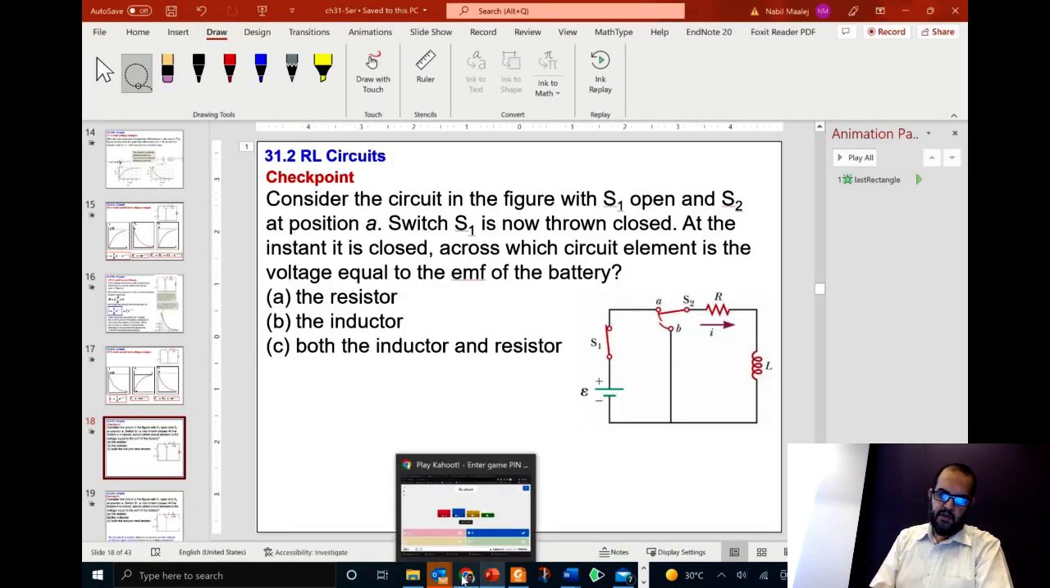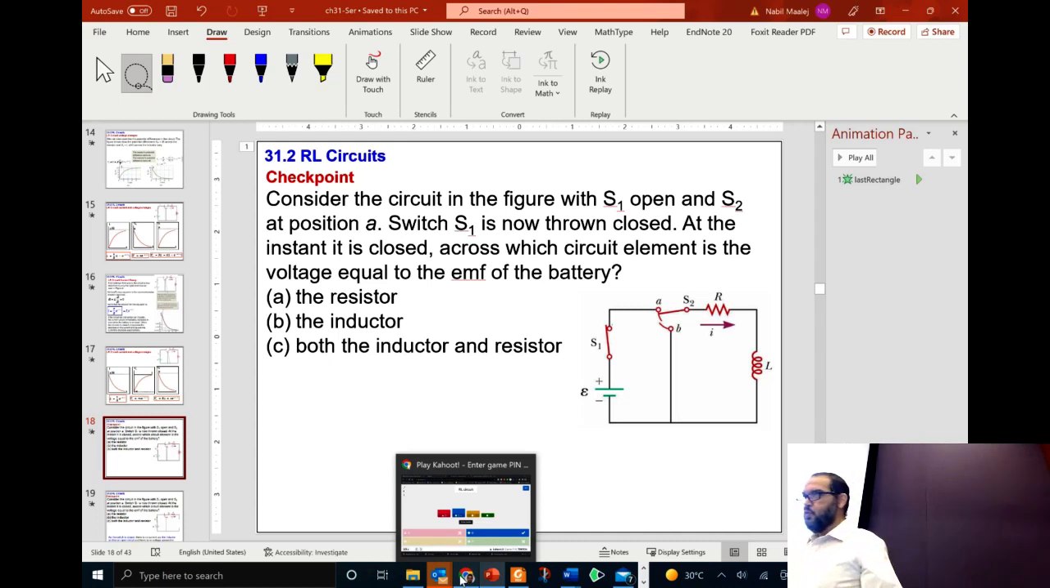Okay, so here at the instant it is closed, at t equal to 0, what did we say about the inductor? How does it behave when t is equal to 0? No, at t equal to 0. It's open. We said at t equal to 0, when you just close the switch, the current is 0,